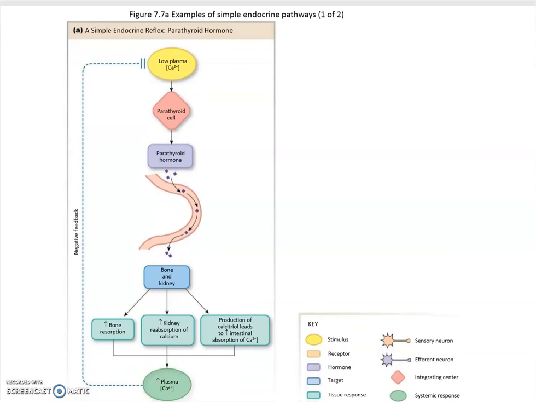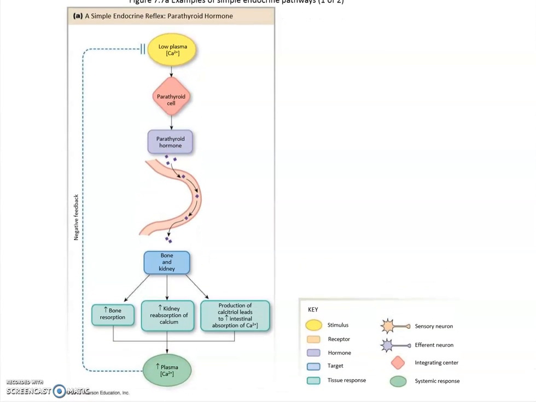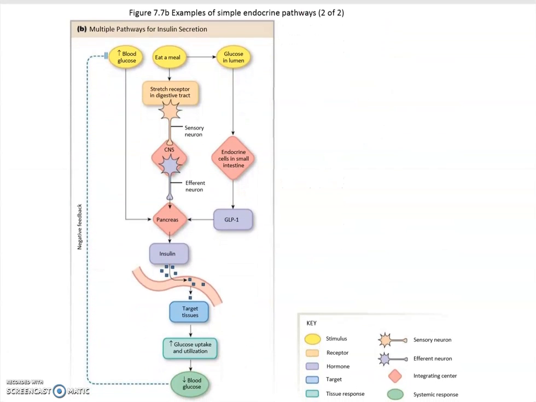Here they're using low plasma concentration of calcium, and that will send a message to the parathyroid cells, and they need to release parathyroid hormone, which is carried in the blood and then acts on the target tissue to ultimately increase the plasma concentration of calcium. Once that has been achieved, you need to send negative feedback to say, hey, we have enough calcium, we don't need to have any more parathyroid hormone. Or here is